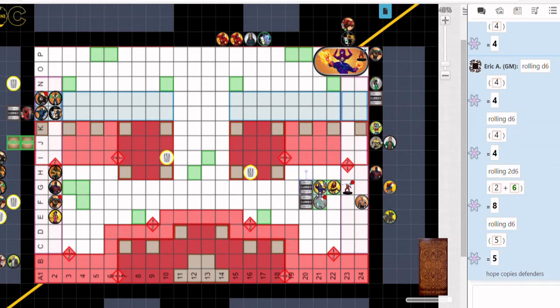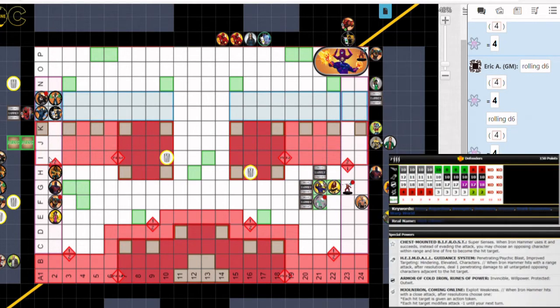With all of that out of the way, let's start going over Iron Hammer's actual dial and the traits that go along with it. So he really only has one trait, but it's extremely powerful and something that the game has never seen before. It's called Chest Mounted Bifrost, and it grants super senses, but when he uses it and succeeds, instead of evading